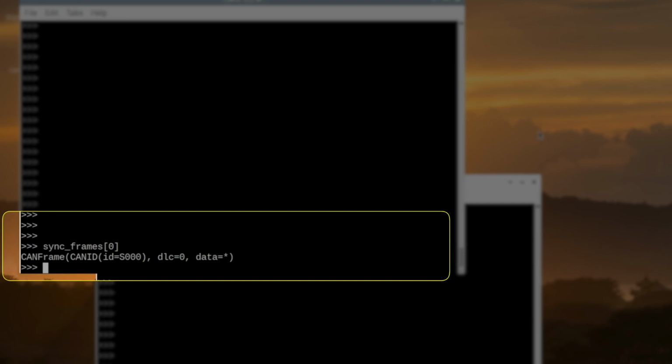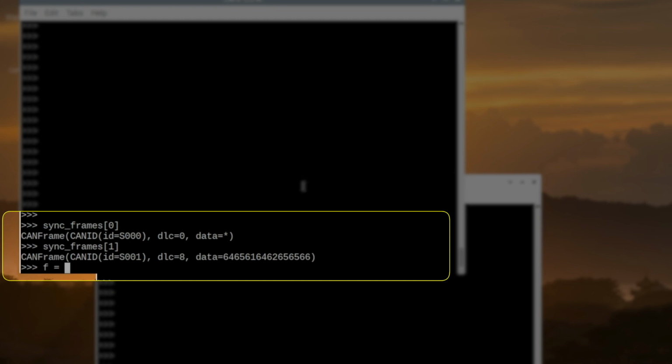But because that takes a little bit of time for the drivers to work, we have a second sync frame that keeps the bus busy with an 8-byte data frame, so that the drivers have got plenty of time to put the frame into the CAN controller, and the CAN controller can spot that that frame is ready to go. So that when the second sync frame is finished, arbitration starts, and both senders at both sides are putting into arbitration the same frame ID, but with different contents.